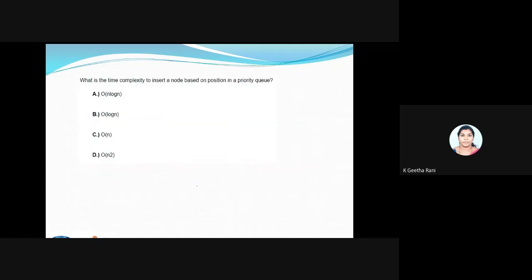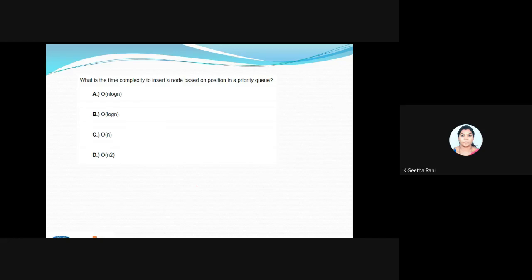Fine. Can you give me the answer for this? What is the time complexity to insert a node based on the position in the priority queue?